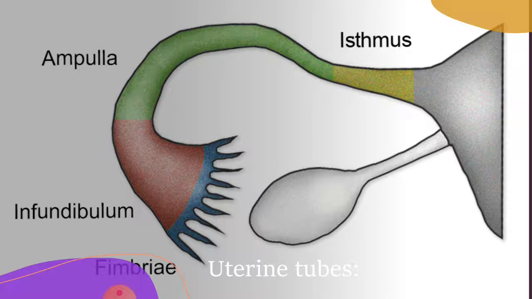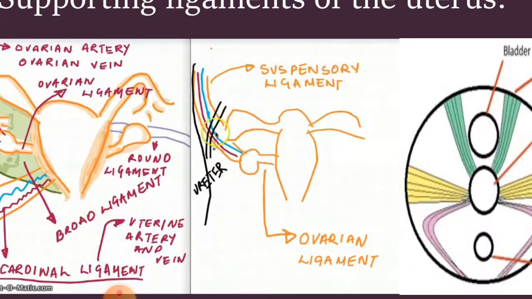Now we will talk about the uterine tubes. And the uterine tubes, that are also called fallopian tubes, are approximately 10 centimeters long, and they extend from the sides of the uterus between the body and the fundus. If we look at our previous image, then you can see here that this is the fundus of the uterus and this is the body of the uterus, and the fallopian tubes, as you can see, are extending from the sides of the uterus between the body and the fundus.